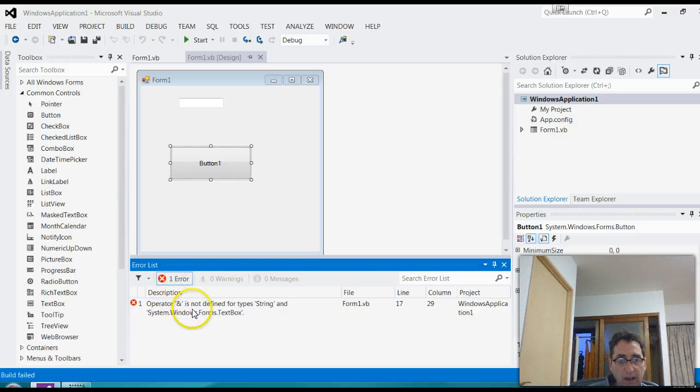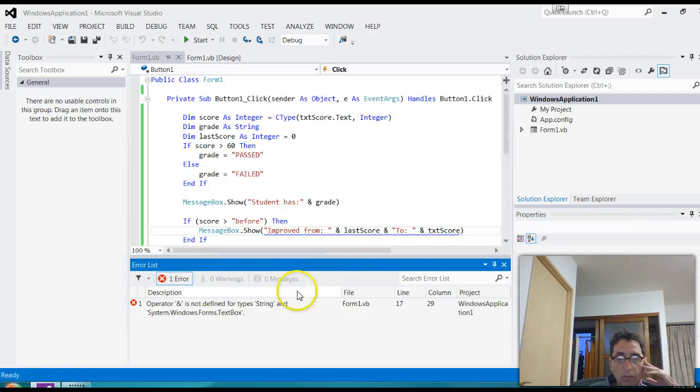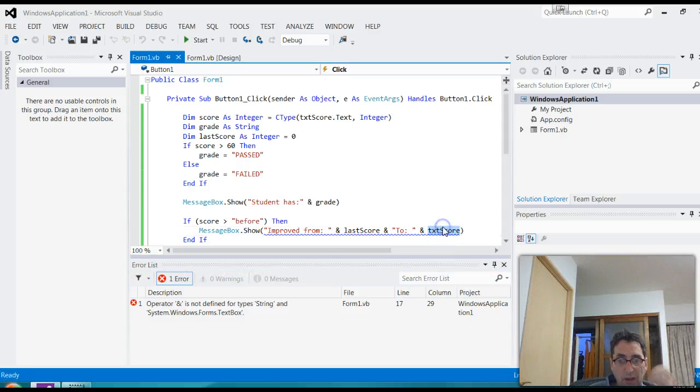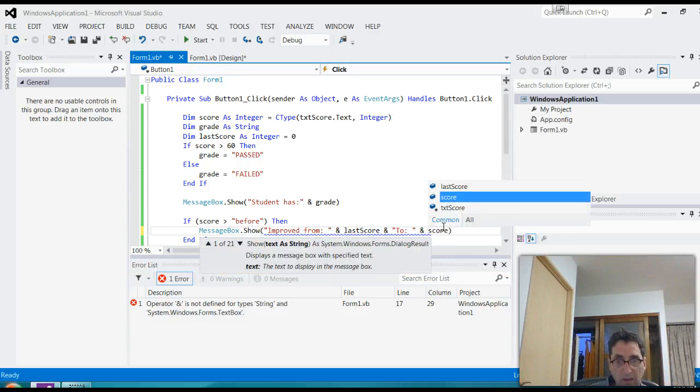So it says operator AND is not defined for type string. And okay, let's see what's that. So what's wrong with this? This text score is what? Doesn't have any meaning actually. So it doesn't like that. I meant to put not text score, but score, right? I want to say student improved from last score to new score to this score. So I want to write score there first of all. Let's try that